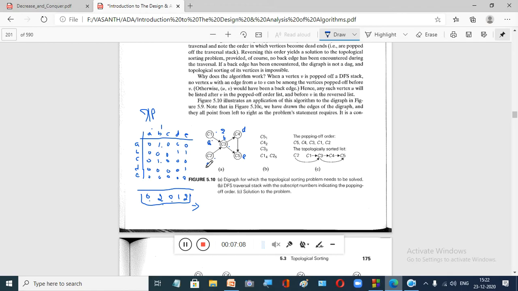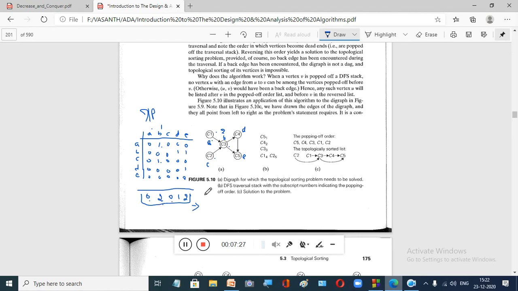So you are going to remove these two, right? One by one you have to remove. You can remove either this one or this one first. Clear? So now we are going to remove this node. When you remove this node, this edge also goes. Again you have to find the in degree. Now this in degree keeps on changing.